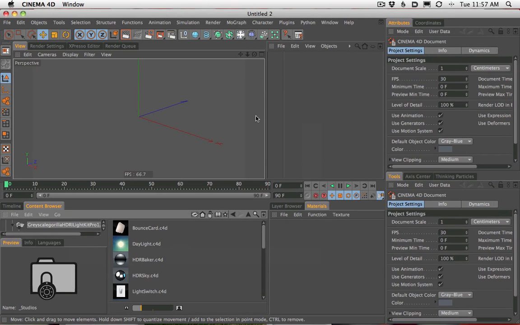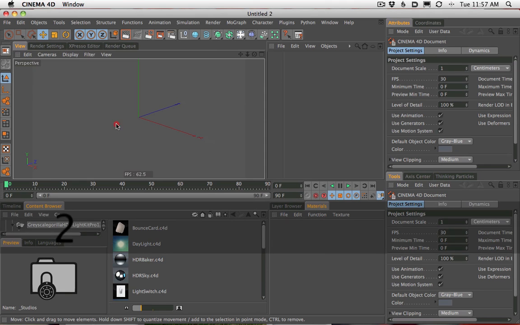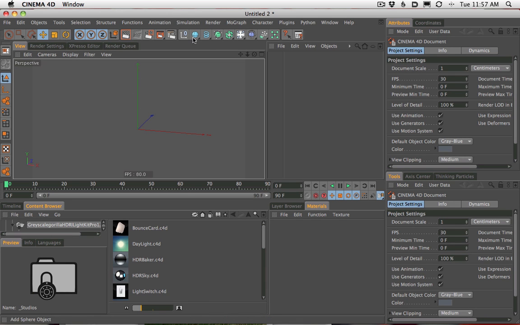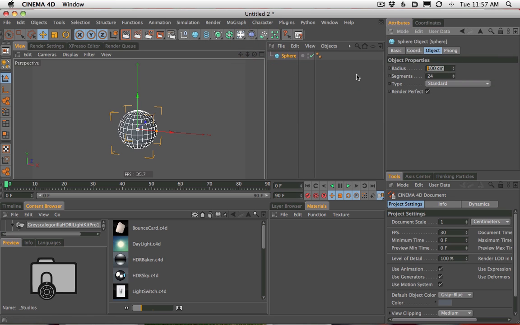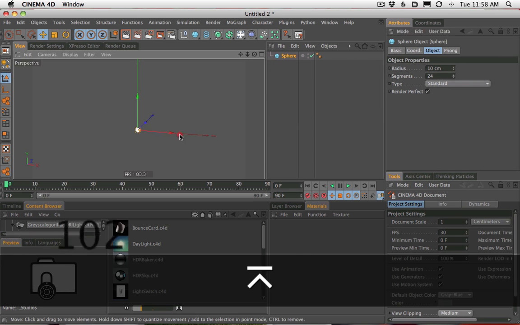Now the concepts of this aren't too different than a lot of tutorials. It's a lot of dynamics tags, setting up the shapes for the dynamics tags. We're going to have an emitter, and we're going to set all this thing up real basic, and then we're going to get into the lighting and the texturing. So first thing, obviously, we need a sphere. We're going to shrink this dude way down, maybe something like 10 centimeters or so.